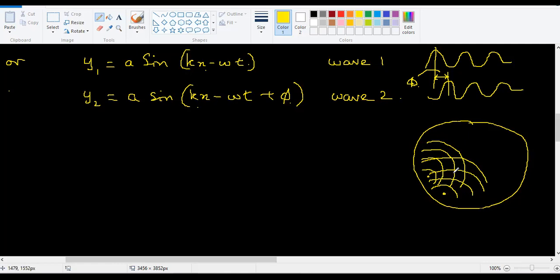So the particle which is somewhere here will be experiencing the up and down movement because of this wave and also because of this wave. So sometimes it will do constructive and sometimes it will do destructive interference. Again, I don't want to confuse you right now. These things are coming in your 12th standard. So what I'm trying to say here is,